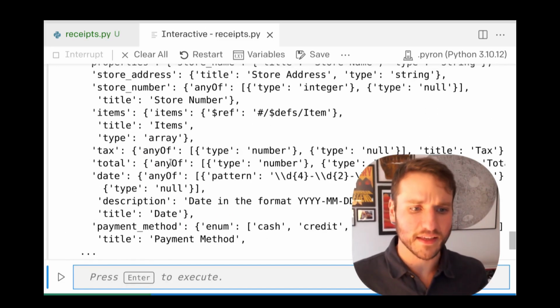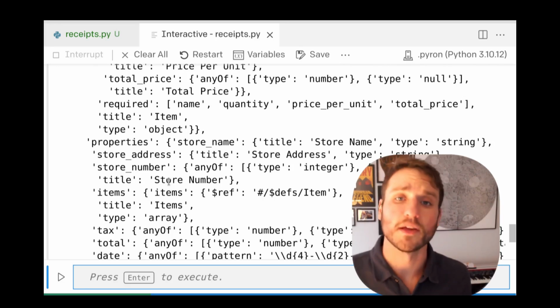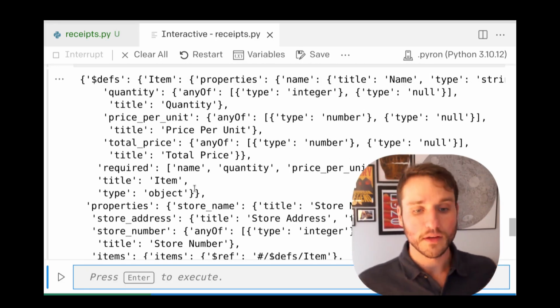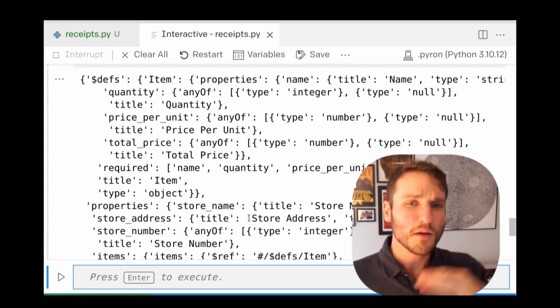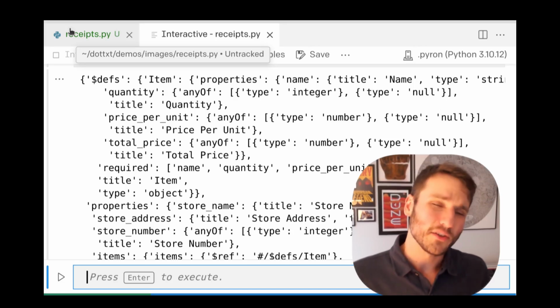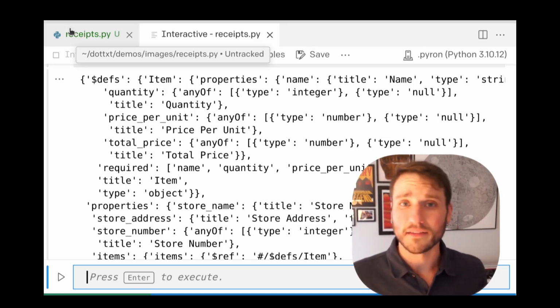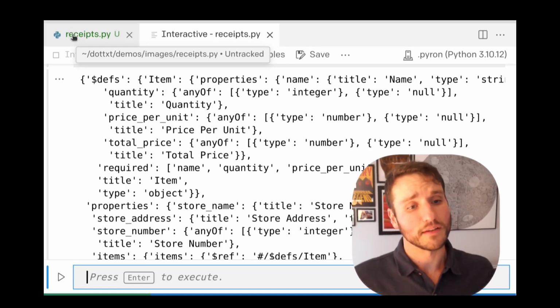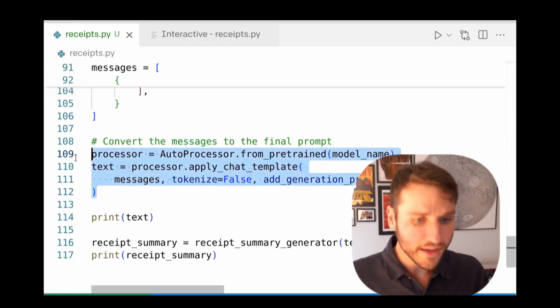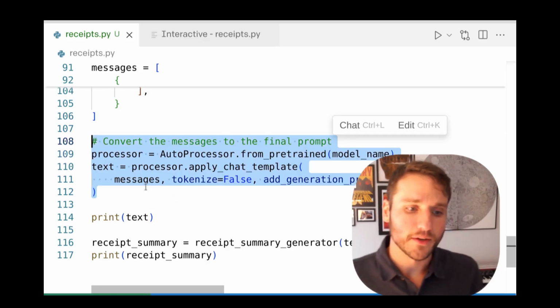It's kind of this big thing that we use to determine what is a permissible value when we construct this receipt summary object. But it also helps the language model understand what it's about to print. I usually give the model an example of the schema or the raw JSON schema so that it knows what it's allowed to print. And then we're basically going to run